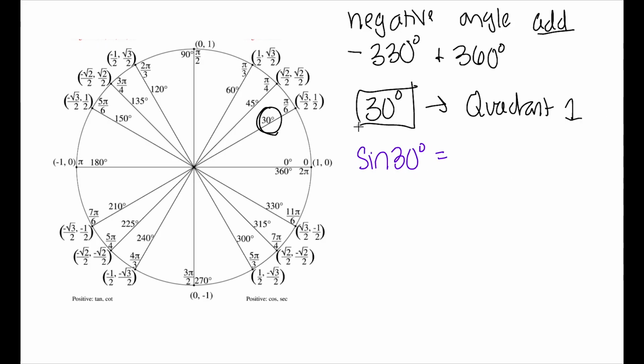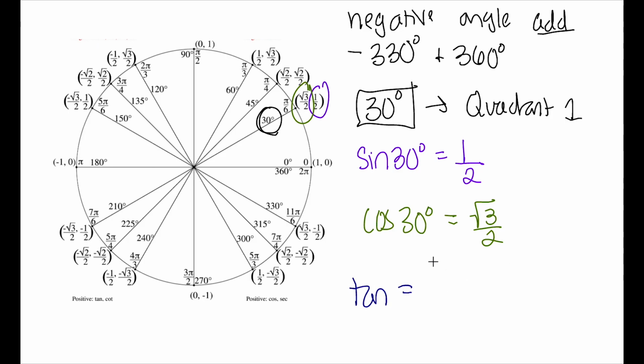Sine is the y-coordinate, 1/2. Cosine is the x-coordinate, root 3 over 2. Tangent is sine over cosine, giving me 1 over radical